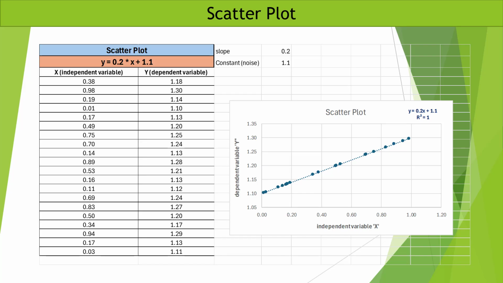You are getting so many different values of y which are dependent on different values of x, and it is calculated by the straight line equation, which is y is equal to 0.2 into x plus 1.1. I hope this is clear. Now when we try to plot this, it gives me a straight line equation, wherein you can see the scatter plot, and r square is equal to 1 and y is equal to 0.2x plus 1.1. Hence Pearson's correlation coefficient here is 1,